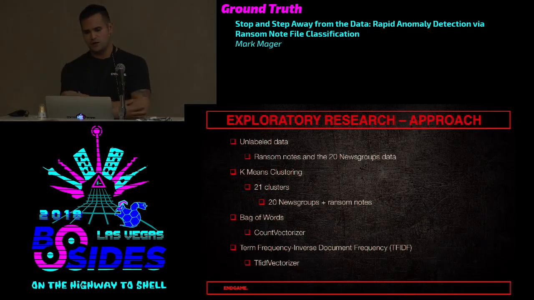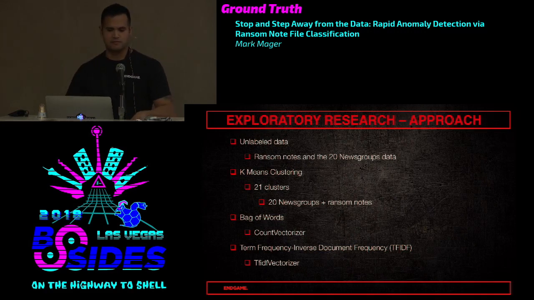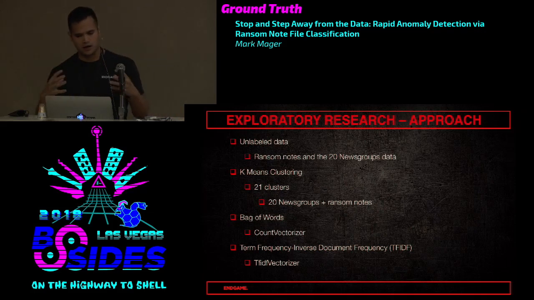So to get into the approach that I'm taking for the exploratory research, what we're working with at the moment for this problem is unlabeled data. We'll take the ransom notes and the 20 news groups data and throw them into one unlabeled data set. And we're going to leverage k-means clustering and set it to sort the data into 21